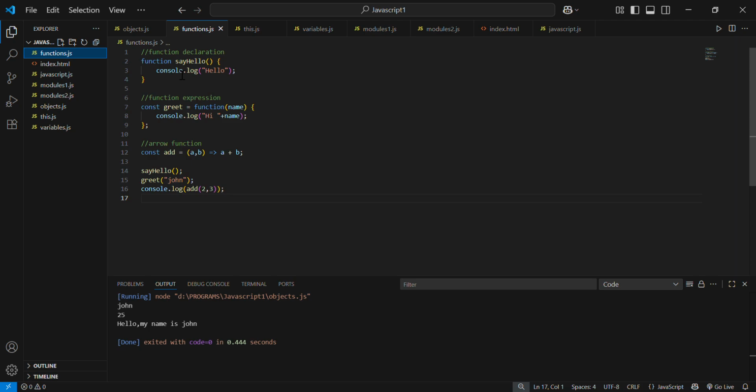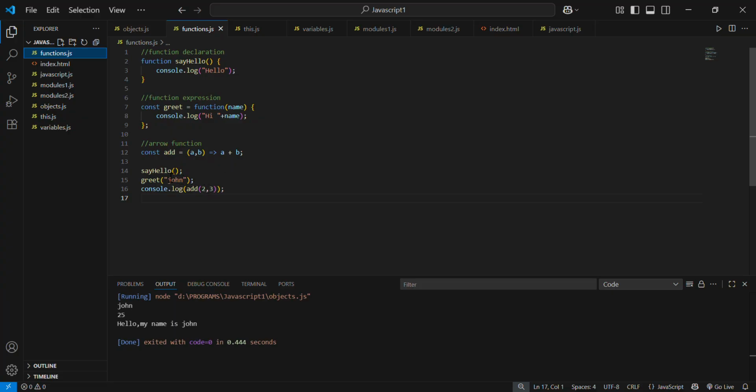Here we declare the function sayHello and printed hello with console.log, and the function using expression const greet equal to function of name, and we printed hi name with console.log, and by using arrow function const add equal to a comma b arrow a plus b,